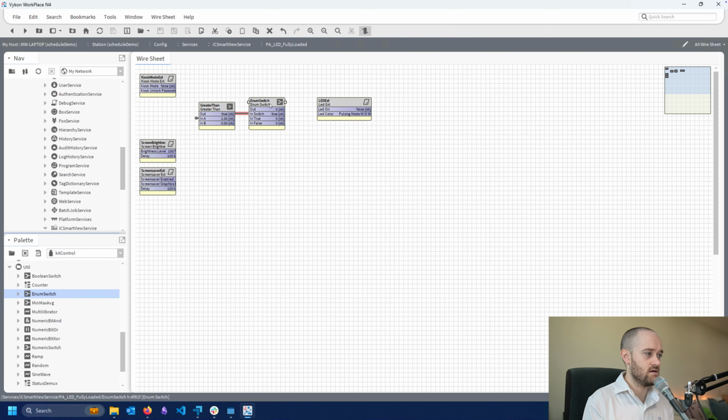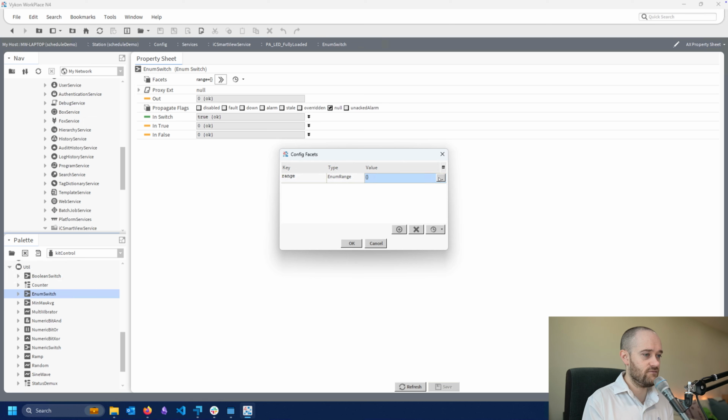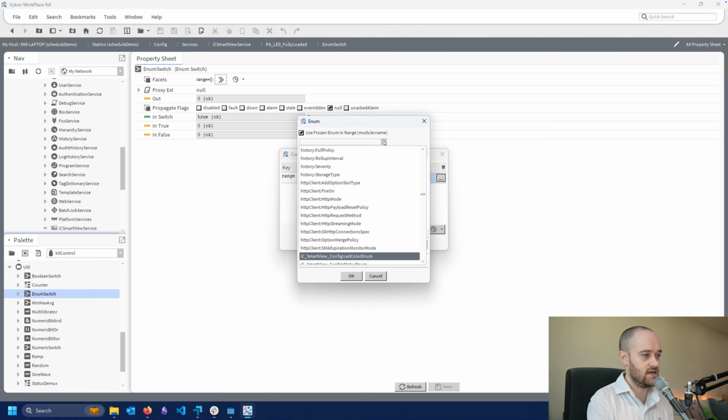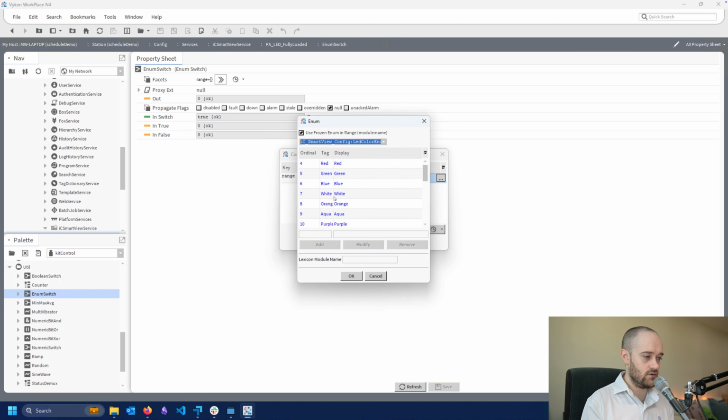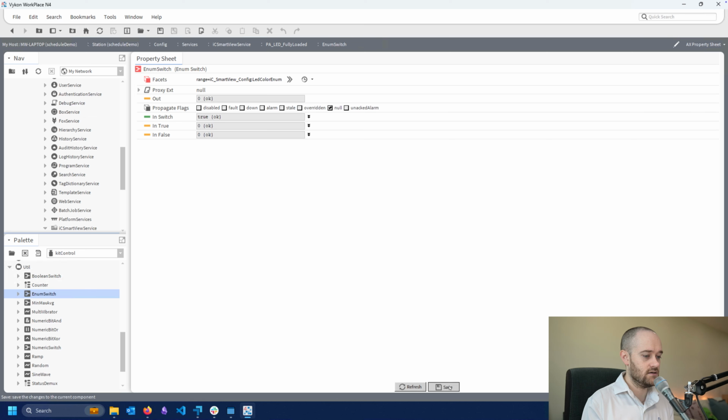So if we go into the enum switch, we can make use of those facets that I said were made up by iSMA for us by going into the facets themselves, the range, go in here, and then we'll say use frozen enum in range. And then we'll open this up and we'll say IC SmartView config LED color enum, say OK, and then you can see all of those facets are already built in there for us that we can use. We'll say OK again, OK, save this,